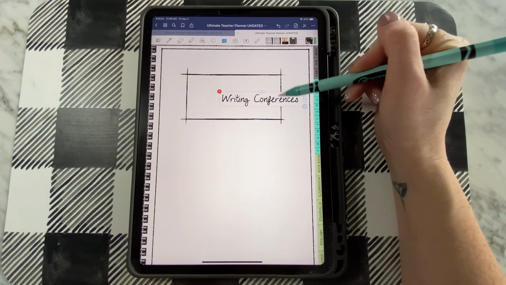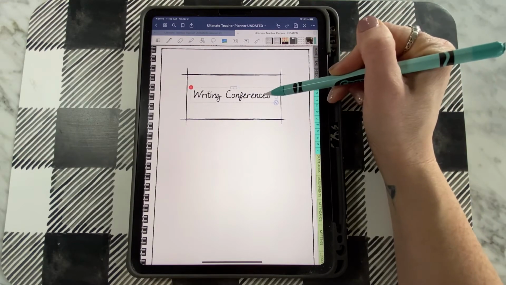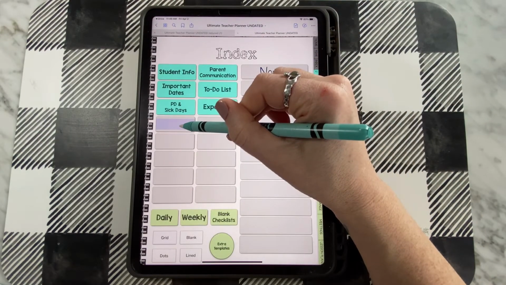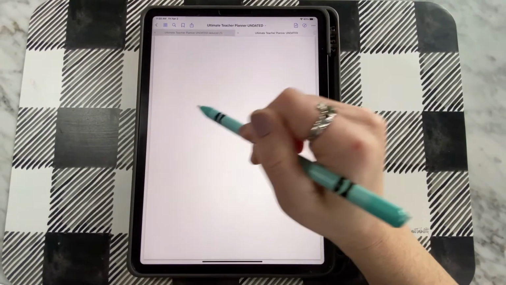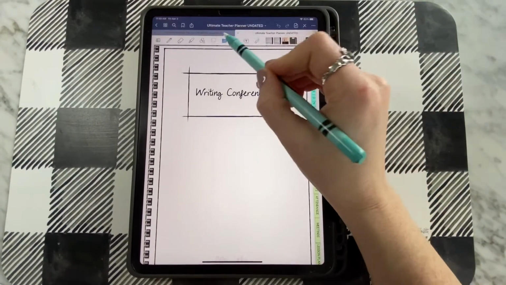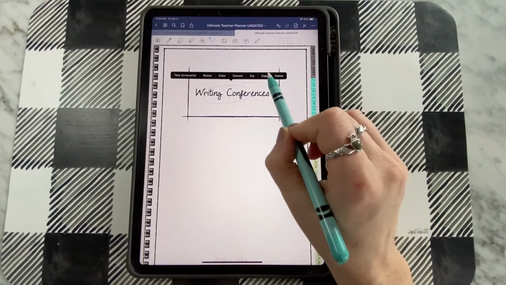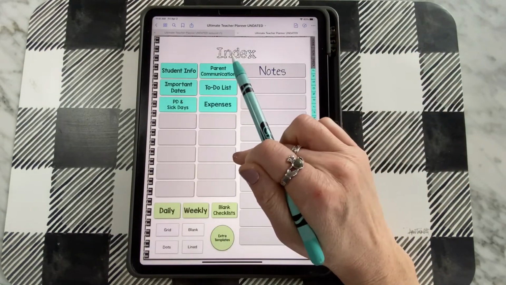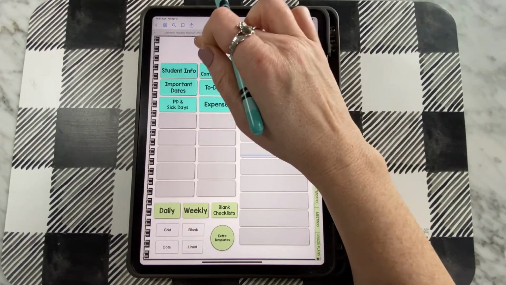Now, if you notice, it is not transparent when you take a screenshot, so you can only paste it on something with a white background. Back at the index page, I can select that title again. I can lasso it, copy it, and then if I go back to the index page and I paste it,